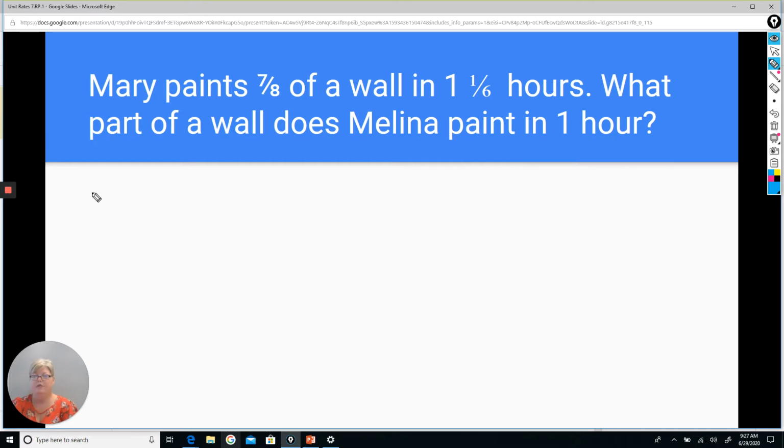All right, Mary paints 7/8 of a wall in 1 1/6 hours. What part of the wall does she paint in 1 hour? And I think this is supposed to say Mary. So let's go ahead and look at that. So what do we know about the problem? Mary paints 7/8 of a wall. And she paints it in 1 1/6 hours. How much does she paint of the wall